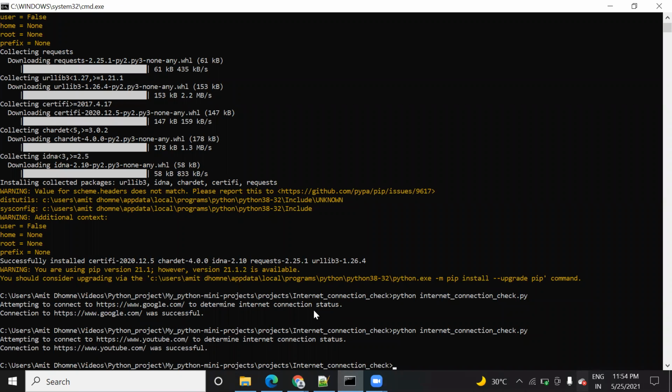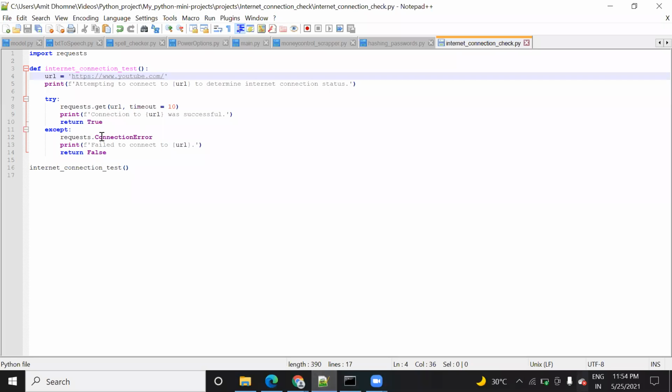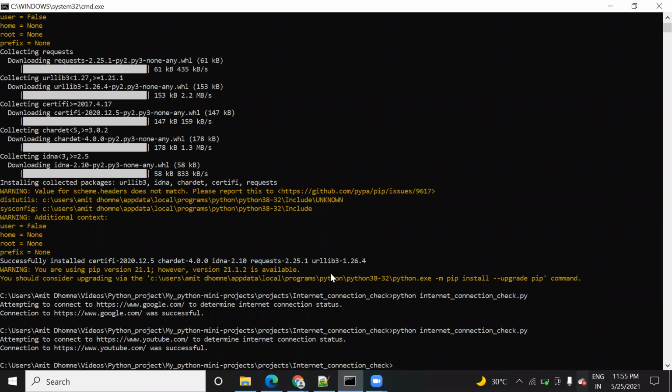In this command prompt, you can see a lot of things are there, but this thing I have to do in order to install a few libraries, because when you run this code you might get an error on this import requests, because this is a library that you need to install before making a request to the particular website or particular node connected in the network. So for that you need to raise a request and import that requests library in your code. And how are you going to do that? You need to install this Python library. For that you need to run this command. Let me show you which command you are going to run.